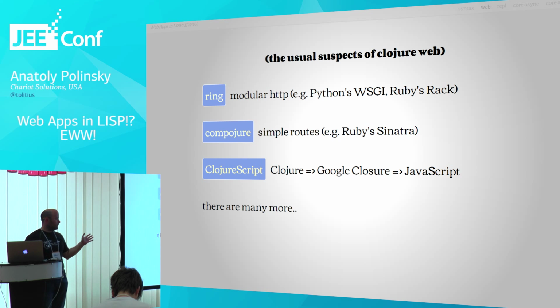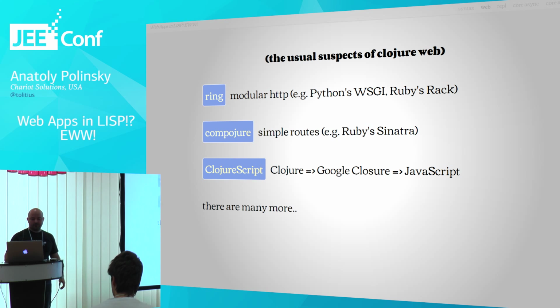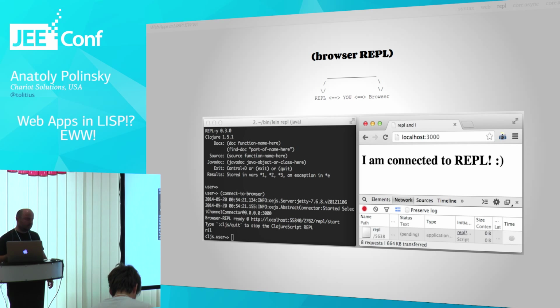And of course, there are many more, right? This is just 3 usual suspects that we're going to look at, and there are many more libraries that you can use. You can replace these libraries with other libraries, but these are the main 3 to start with. So if you get excited and want to start with something, there are very good articles, mostly on GitHub, that you can go and search, and that's something to start with. Another thing that Clojure has,